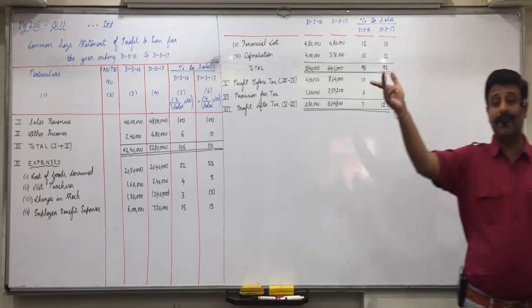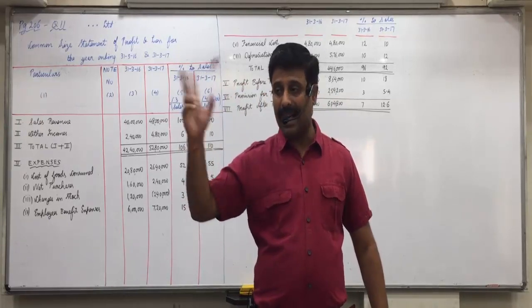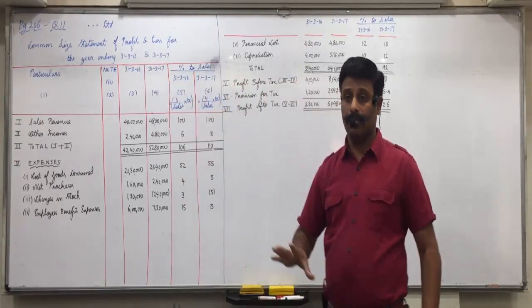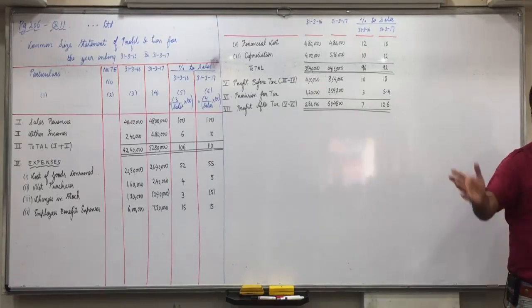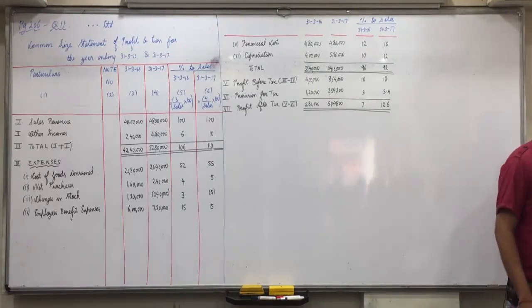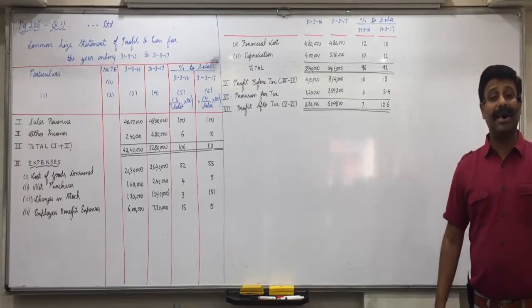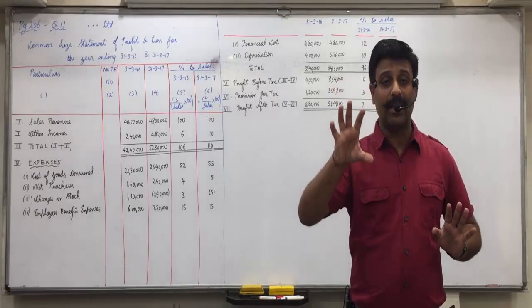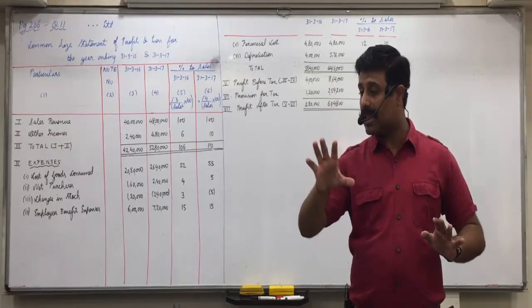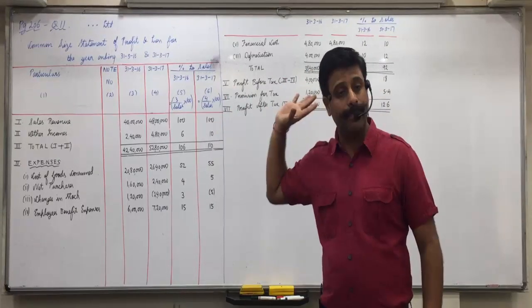If you see comparative statements, balancing figure questions, they are given in order only. Like see, on the left side, question 10. There is also a balancing figures question we did yesterday. But it's already in the order, 31.3.16, 31.3.17. Means in the exam they can give any order. Do check it carefully in the question, which is the first column and second column. But in our solution, the columns are always going to remain in this order only.